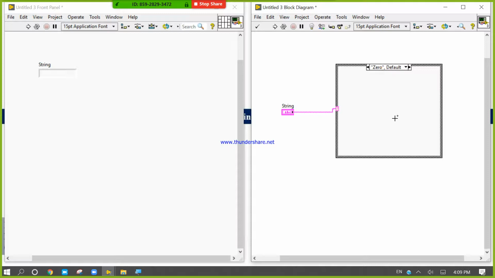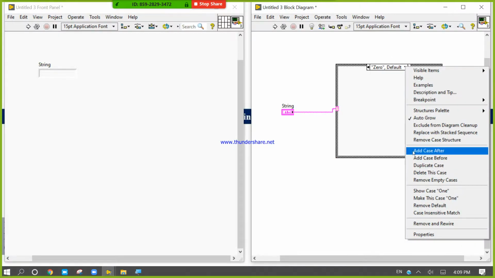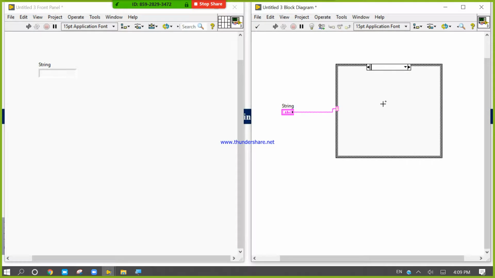Now if I add one more case after this, and here I write something like TW2, sorry, if somebody writes here 0 1 2 3, he can control my case.